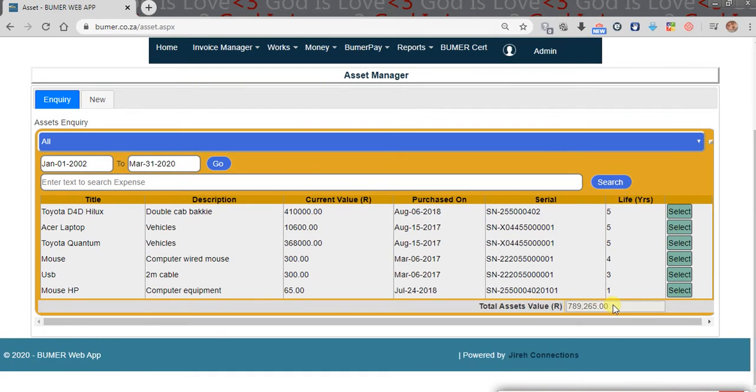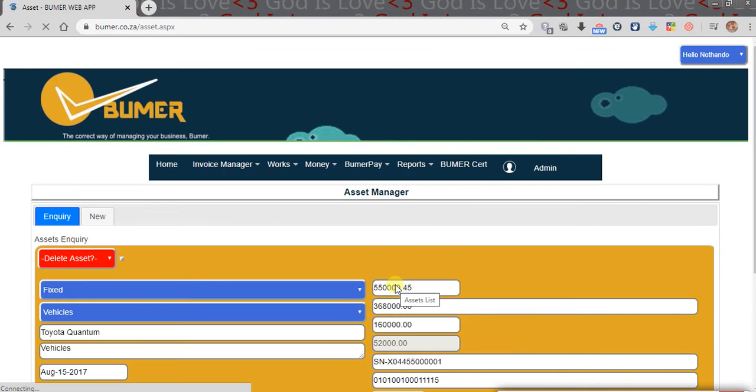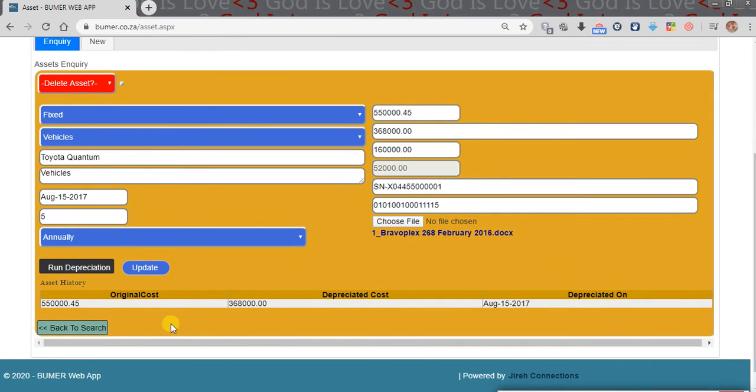You see here your current value is 789. I don't know what asset you could pick here. I see this is very small. This looks big. Let's select that one. The asset life years, it's 5 years. We are here. Once we are here, you'll see the original cost here in the asset life history,